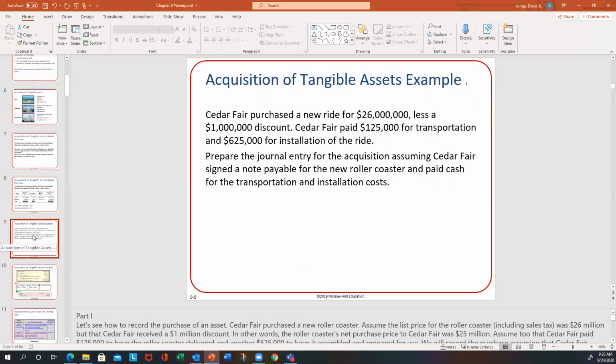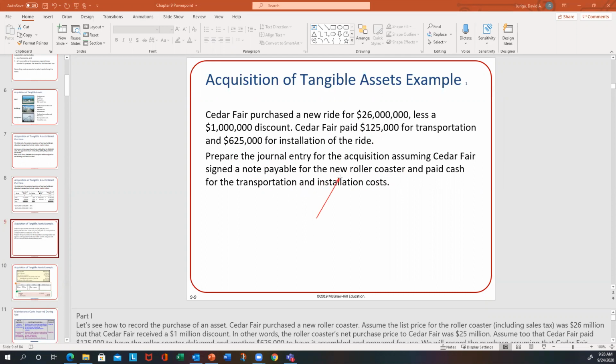Okay, in this example, this is Cedar Fair. This is where they're buying this roller coaster. Total cost is $26 million. They got a discount. They had to pay transportation costs and installation. This was the maintenance people installing. So to show you how you would prepare a journal entry for this acquisition, assuming they also had a note,